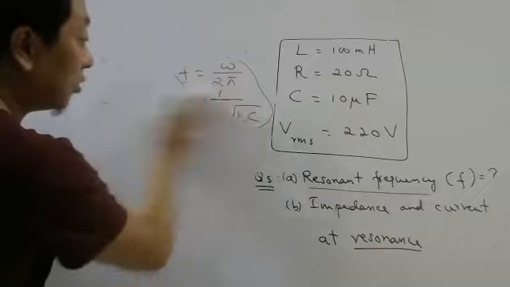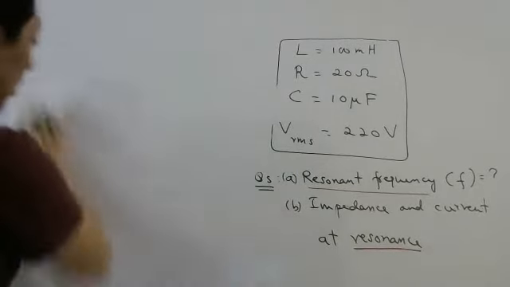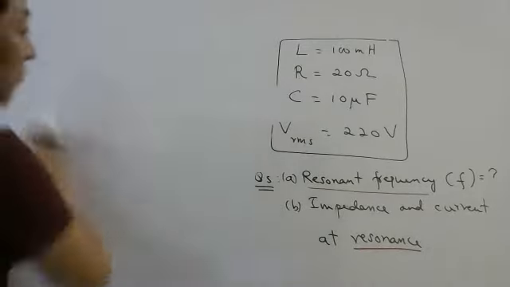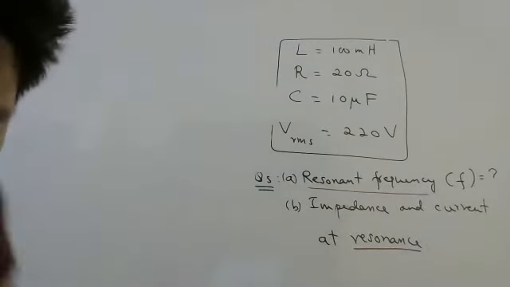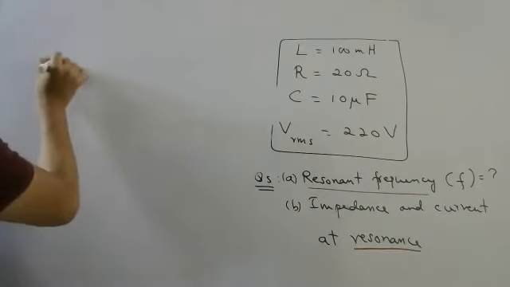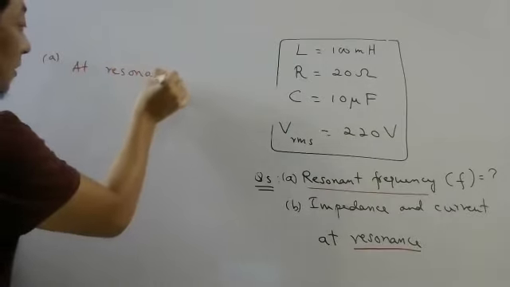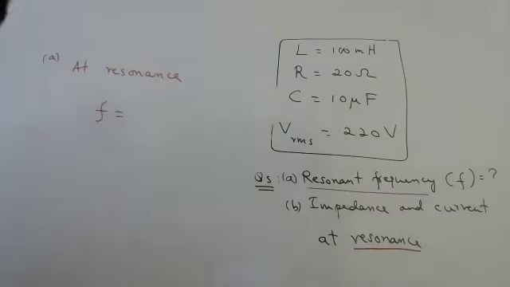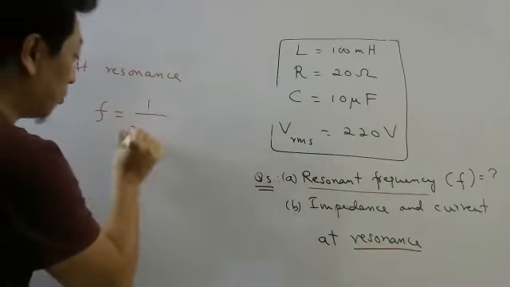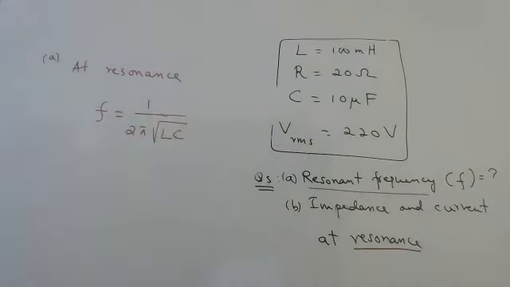So basically resonance means what? The current in the circuit will oscillate with maximum amplitude. And that will happen when the frequency of the source equals the natural frequency. So at resonance they are asking, right? The frequency is equal to 1 by 2 pi root over LC. So read the question. If they say frequency, use this formula.